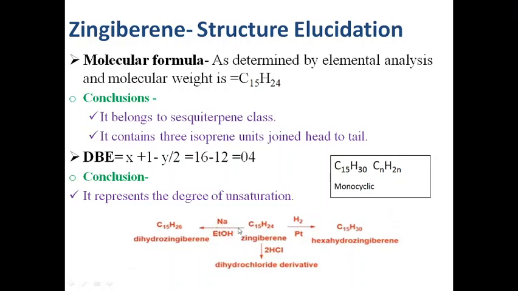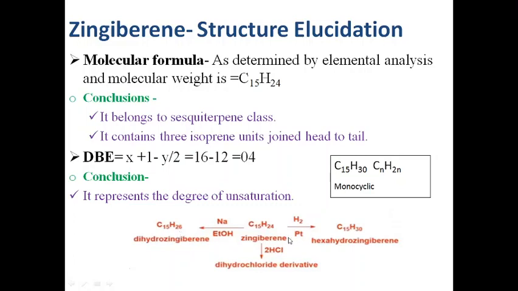For example, it is important for 1,3-butadiene, for alpha-beta unsaturated carbonyl compounds, and also for aromatic compounds like in Birch reduction. So when gingiberine is subjected to this metal dissolving reaction like sodium and ethanol, it forms dihydrogingiberine. From this dihydrogingiberine, an important conclusion which can be derived is that 2 double bonds out of 3 are conjugated in nature, and this means that 2 double bonds are conjugated and 1 double bond is isolated in gingiberine.